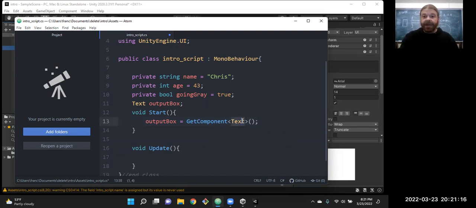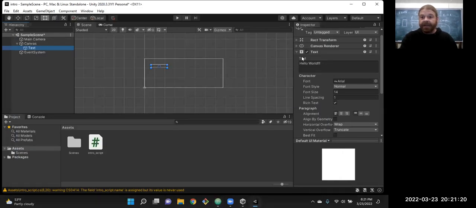And I know about that because over here on the UI panel, you see right here in our list of components in the inspector, there is a text component. So we can grab that. And furthermore, all of these things down here, like here where it says text, that's a variable or a data field in this text component.